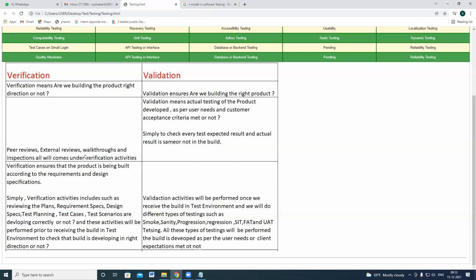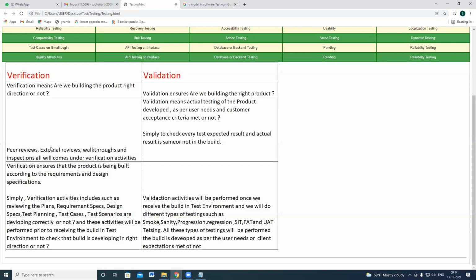So peer reviews. External reviews means, once you write the test scenarios and test cases, and once you complete your test scenario walkthroughs, the BA and design team have to certify. So: please find the attached list of test scenarios. We are going to write detailed test cases. Could you please approve this? I will send a mail to the BA and design team, and the BA will respond, yes, I have reviewed all the test scenarios and it is covering all the test cases, I am approving from my end. Like that the BA will confirm. That is called external review.